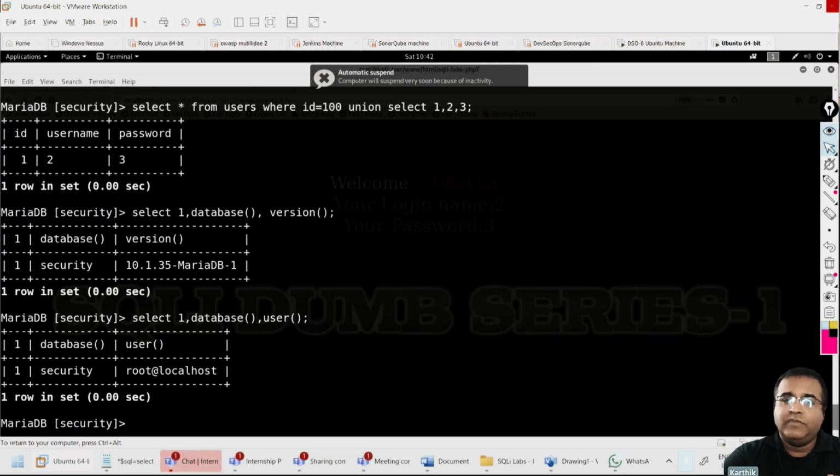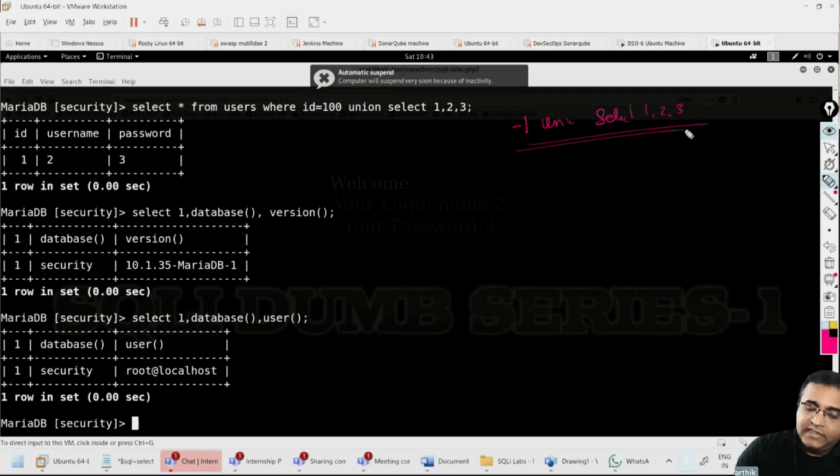If I'm doing something like a brute force attack to try to log into the MySQL server, I need the username for that. Otherwise, it will be difficult to crack. Once I have the username, it becomes easier. So now I've got three critical pieces of information just by union select 1, 2, 3.